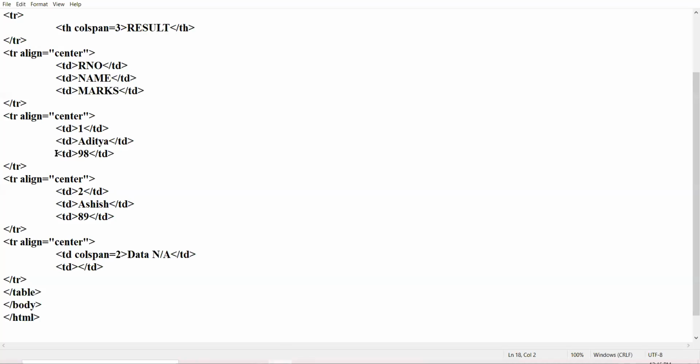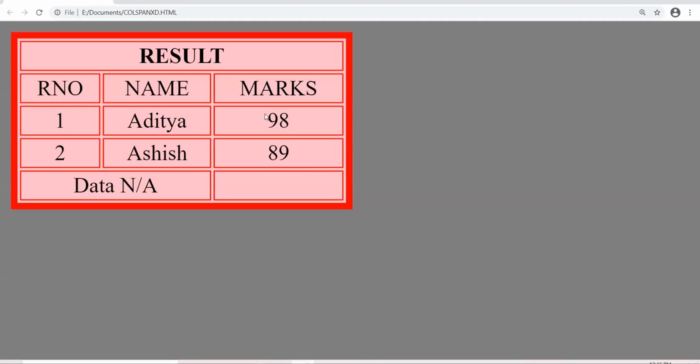Come to the last cell of the third row. This cell. 98 marks are there. I want to give this 98 marks to both the students, Aditya and Ashish.